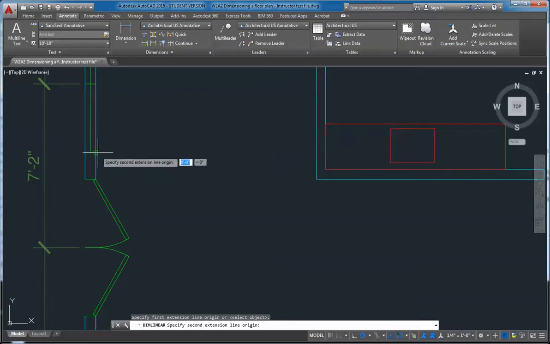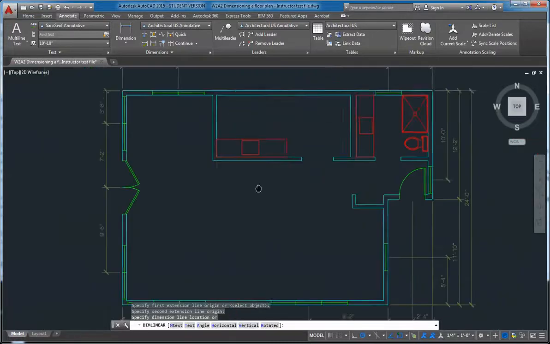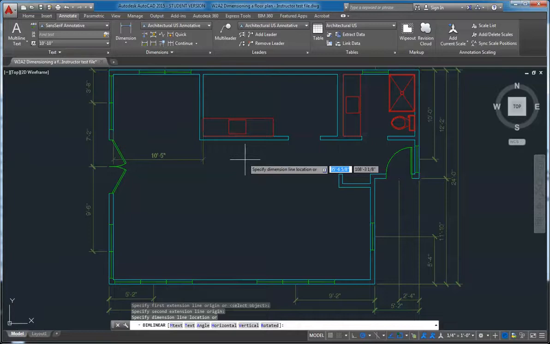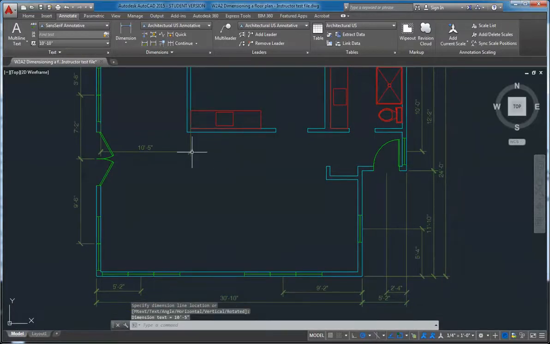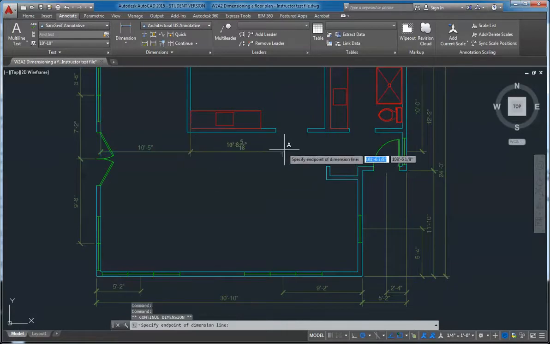So I'm on the right side here. I'm going to be on the right side there. Click there, come down, and I'm going to leave it about right there. And then I'm going to click on it, continue, and just go to the opening